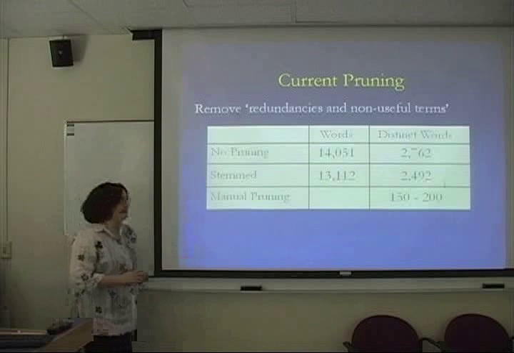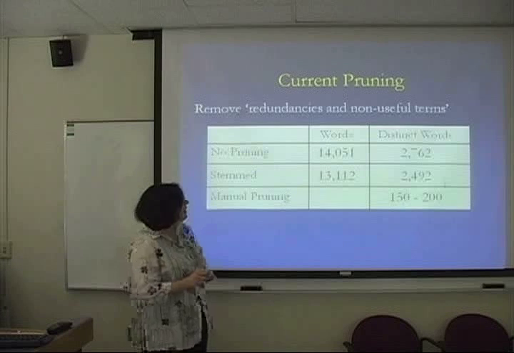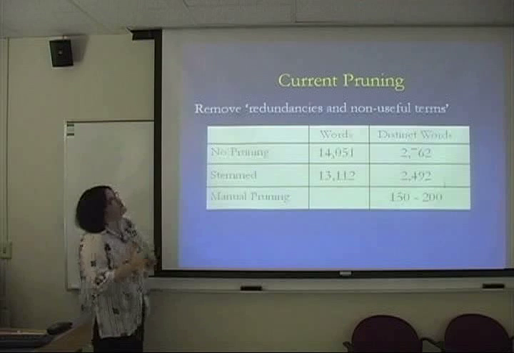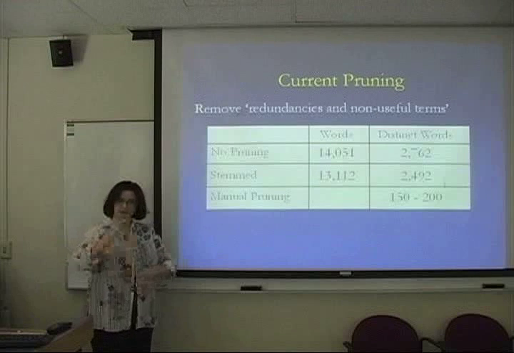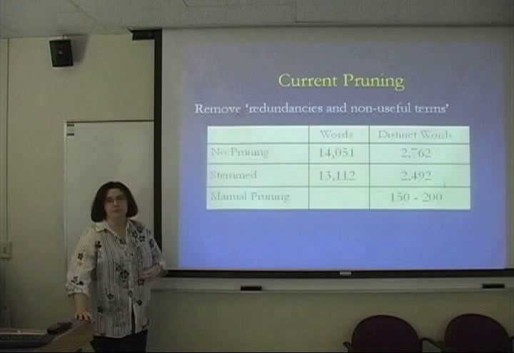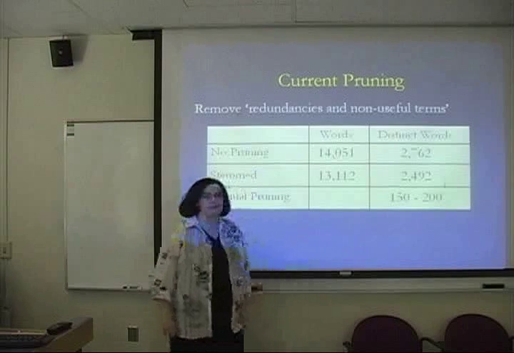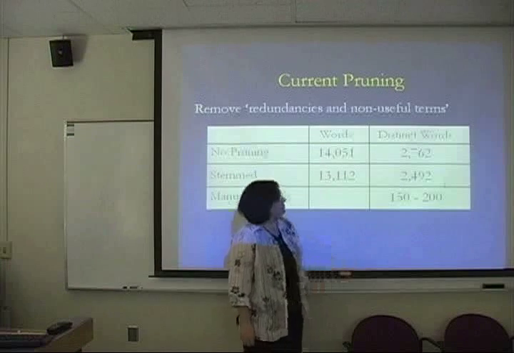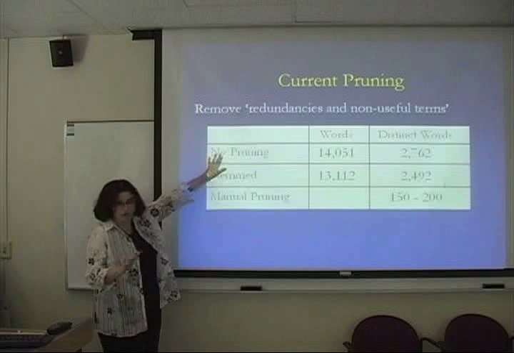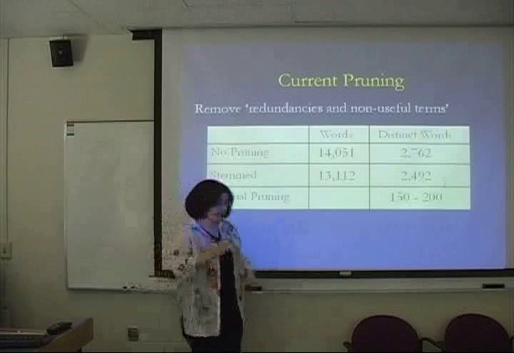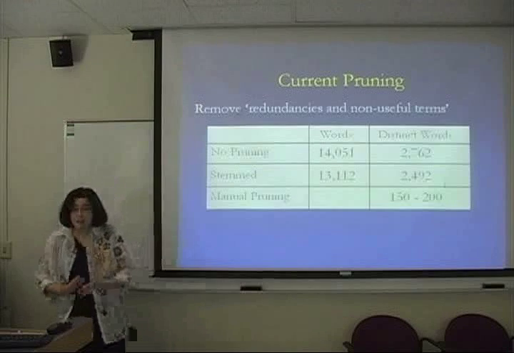So, a good thing to ask is, how did Swanson do this? Right, the first paper that did this, he referred to removing redundancies and non-useful terms. So he got all the documents for migraines, found all the B terms, and then removed redundancies. And so the original number of words was about 14,000, and he reduced them down to about 2,700, I'm sorry, with no pruning. But then with manual pruning, the list dropped down to about 150 to 200. So this was a manual process.